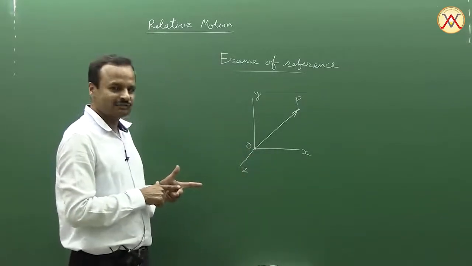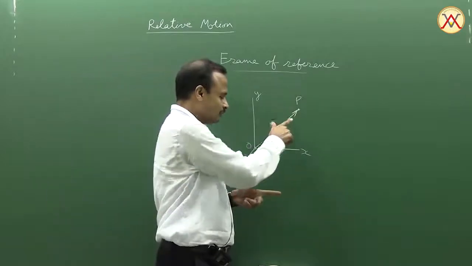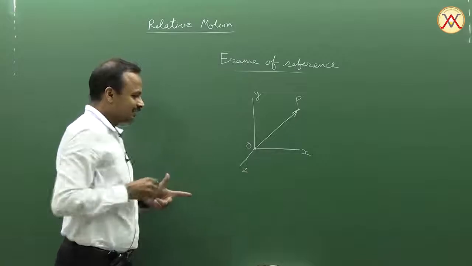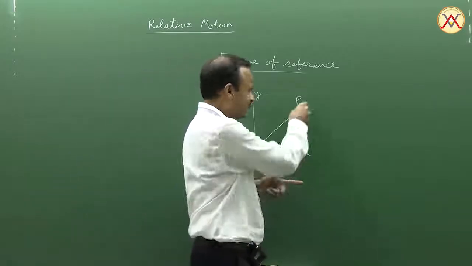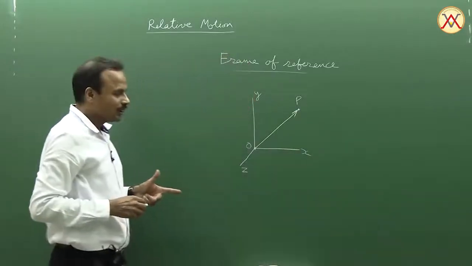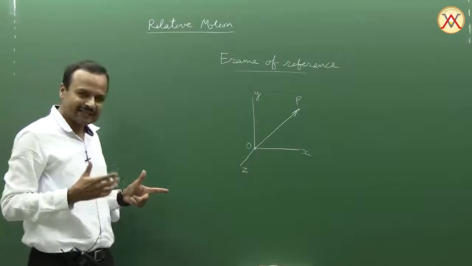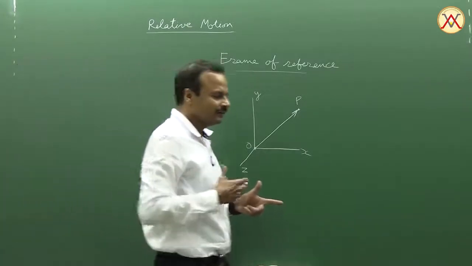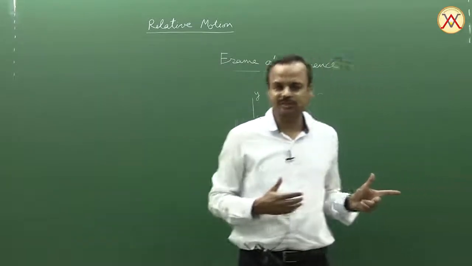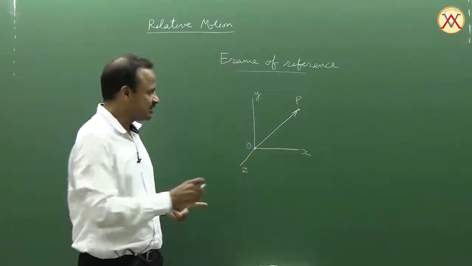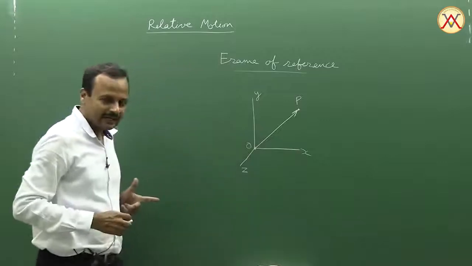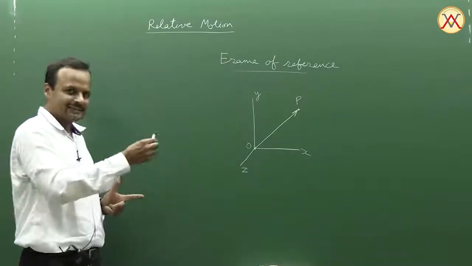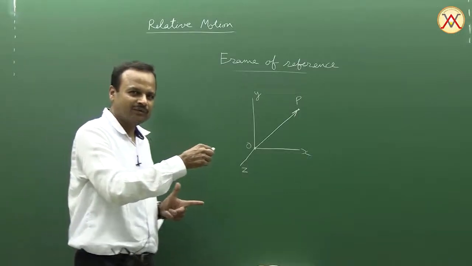So as seen by this frame of reference, the position vector of point P is changing. From here, this position vector of point P is larger. When I move forward, it becomes smaller. So you can attach a frame of reference to any object that may be moving relative to some other object. And an object which is stationary in one frame of reference may be moving relative to another frame of reference. If I take, let's say, I am holding this chalk and I am moving like this.